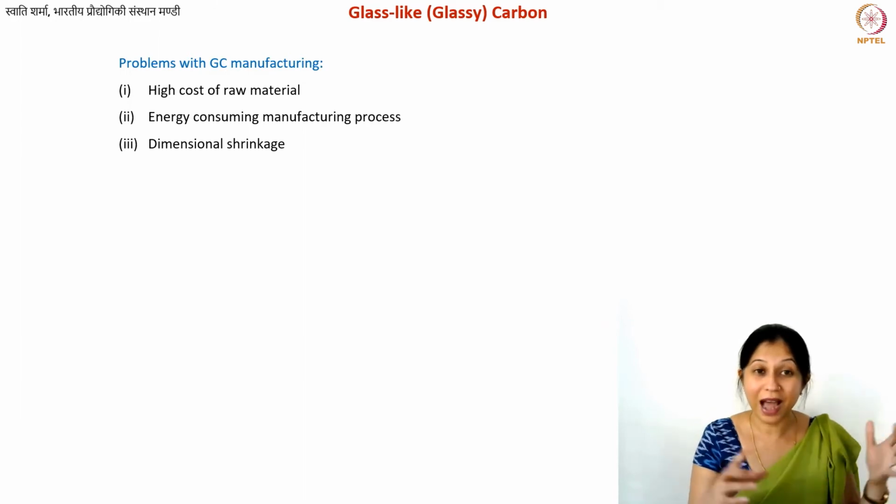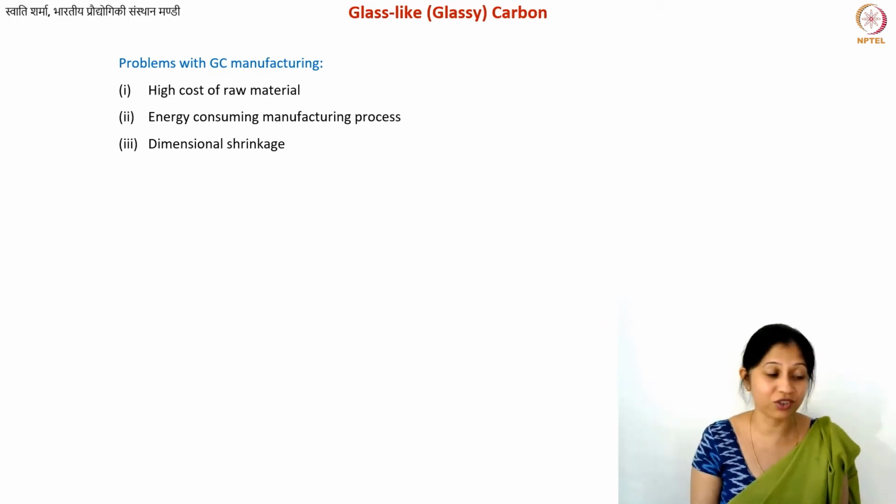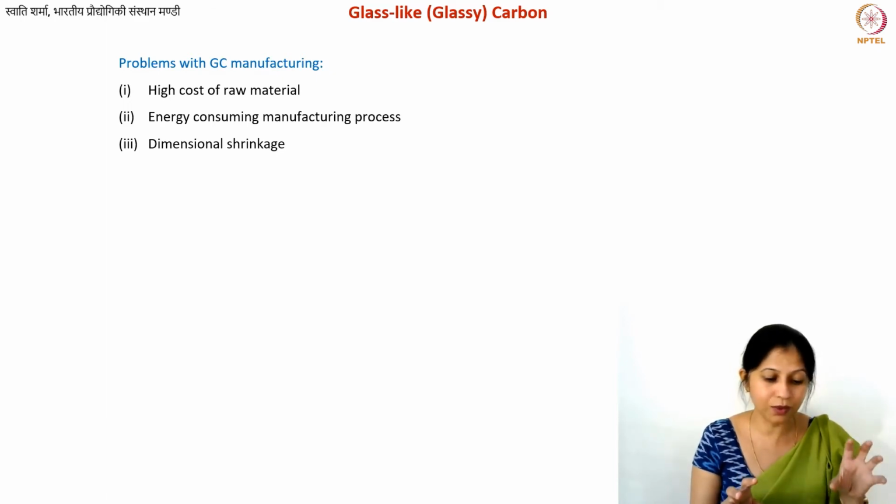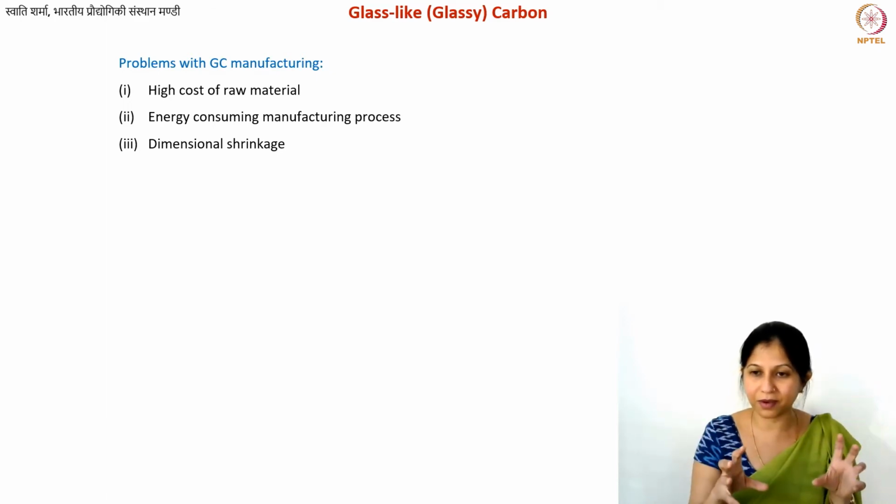Number two, after all this, you have the shrinkage. Shrinkage is not just the loss of mass and material, but also the fact that you need to optimize the shape. Shrinkage should happen uniformly. In principle, it is a property of the material that the shrinkage is isotropic. Because you are losing mass from everywhere, you will have isotropic shrinkage.